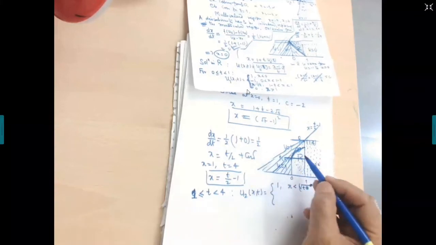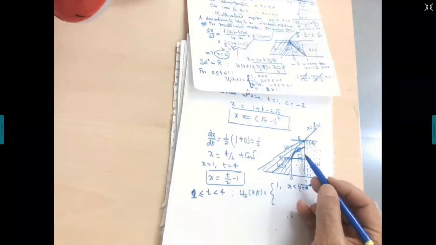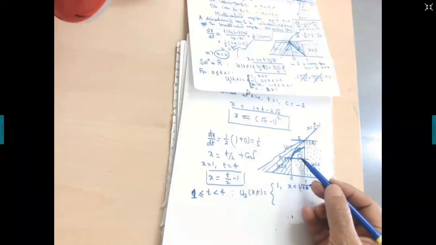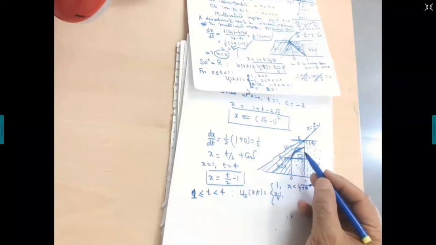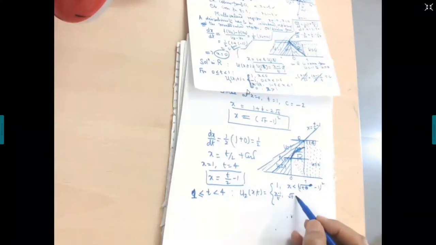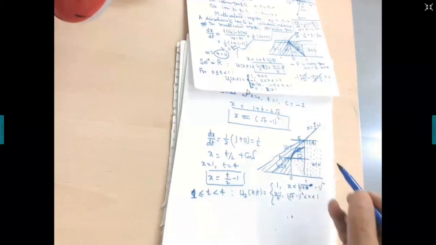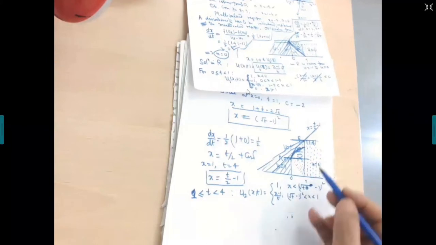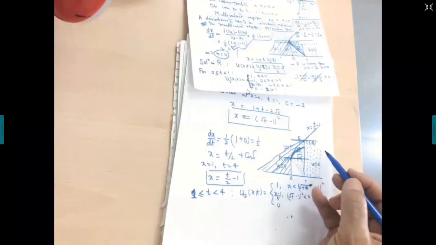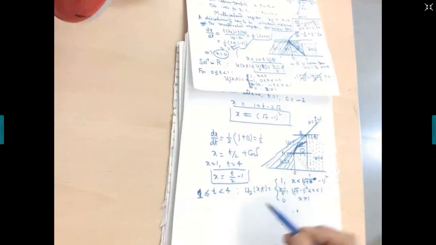Is that right? Now in this region, this is the rarefaction wave only. We know the solution: (x minus 1)/t, that is for (root t minus 1) whole square less than x and less than 1. And beyond this, it is 0, correct? That is, for x greater than 1. So this is the solution in this interval.